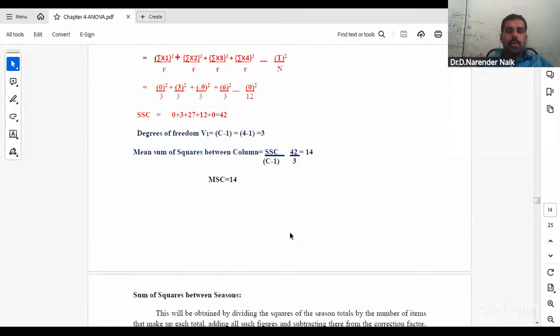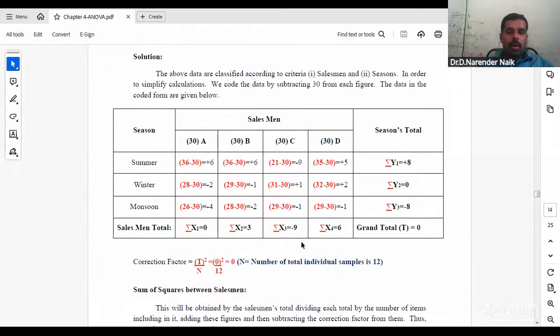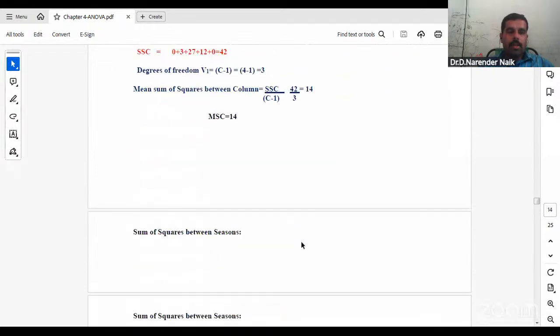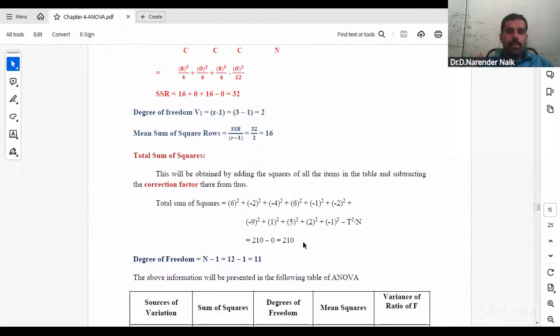Okay. So see, according to the table, the SSC value we got, the SSR value also we got. The next step is residual or error, but for that residual or error, there is a separate way to calculate. Before that, we need to find out the total sum of squares. This will be obtained by adding the squares of all the items in the table and